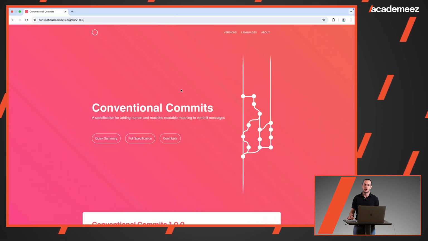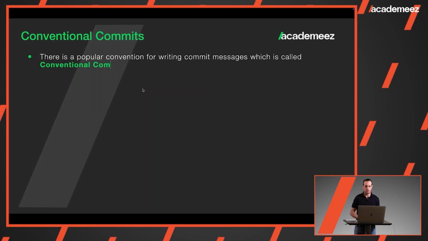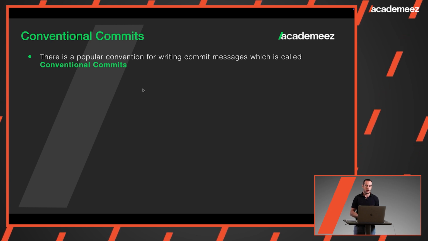And this is what we will learn in this lesson. How do you write your commit message in a convention called conventional commits? So conventional commits is a popular convention for writing commit messages. You don't have to install anything, you just need to follow their guidelines and their specification on how to write your